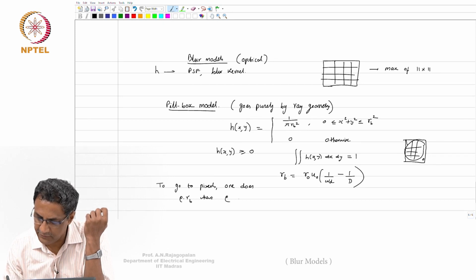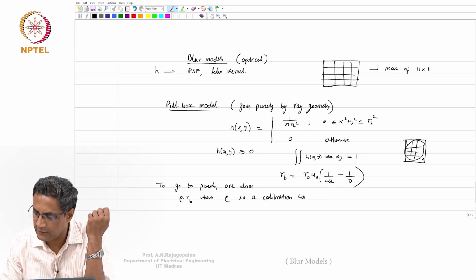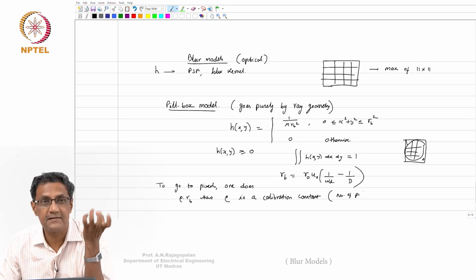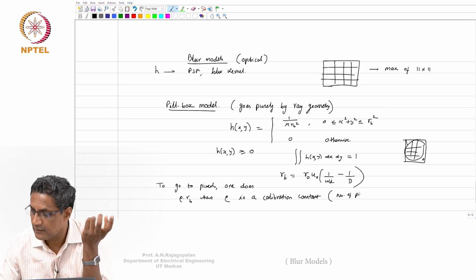Rho is a calibration constant, whose unit is number of pixels